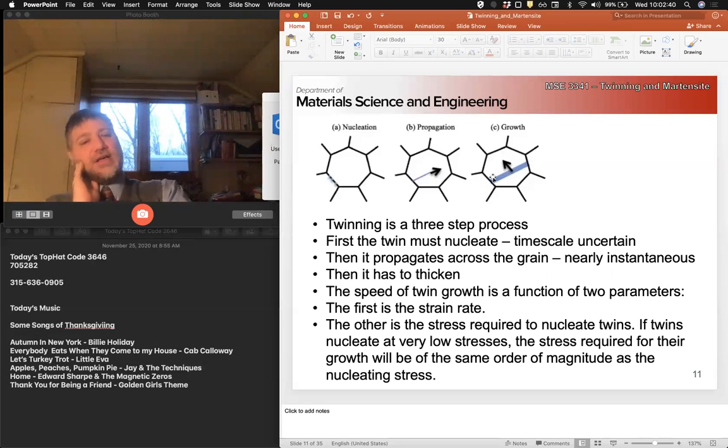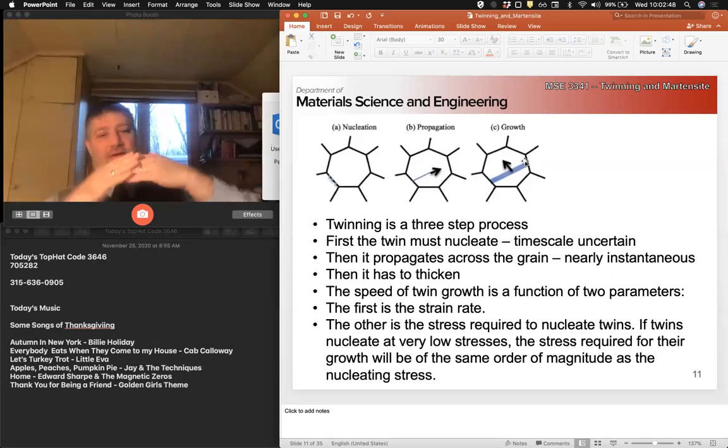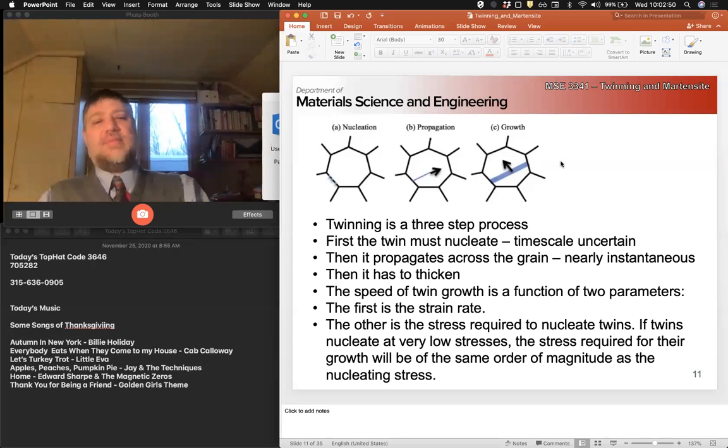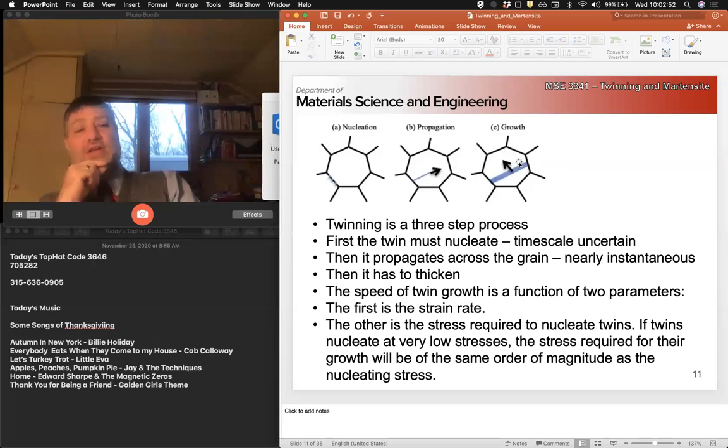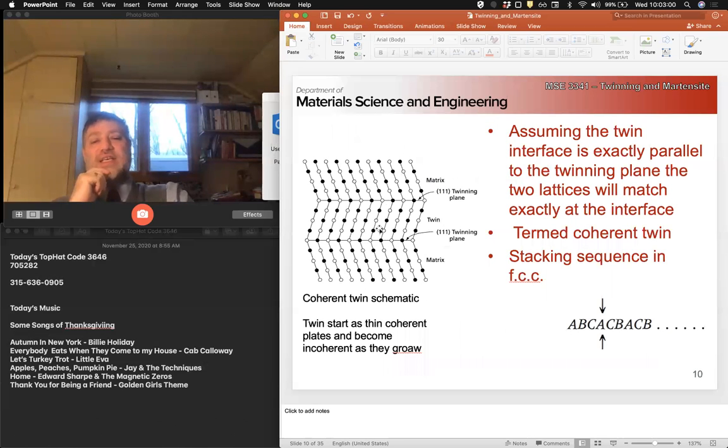You run certain partial dislocations across this, and it moves the twin, growing it one layer at a time, but that's really beyond the scope of this class. Really, what I wanted to do is just set up this idea of a shear transformation